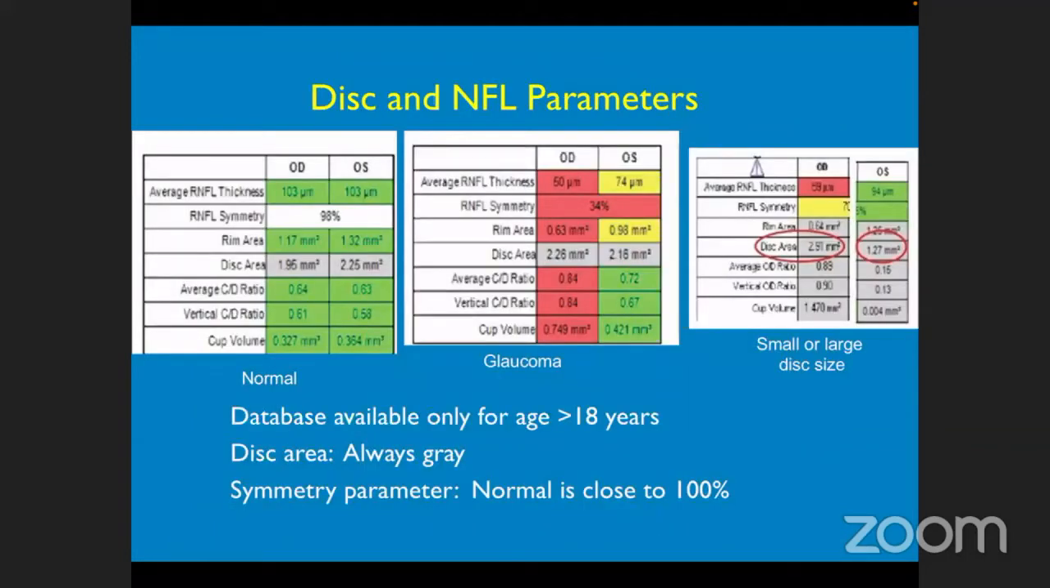Disc and NFL parameters are present on the top of this printout, and these are also important. The disc area is always shown in gray in all printouts. Why? Because the normative database is not available for the disc area. In a patient with glaucoma, if you are seeing the values in red, you can always say that this is falling into a glaucoma category, comparing with the clinical findings and the